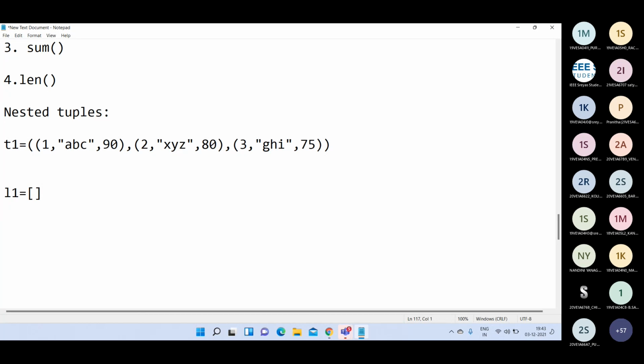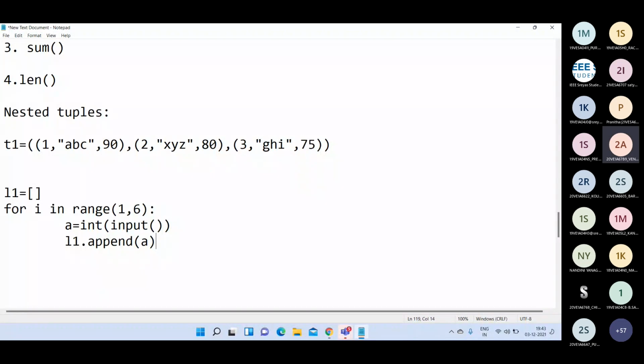L1 is equal to square brackets, and for i in range of 1 comma some 6 or 10, then followed by you can write some integer value, int of input, something like this, then that will be appended to my list. Am I right? Do you remember what I wrote? Yes, sir.